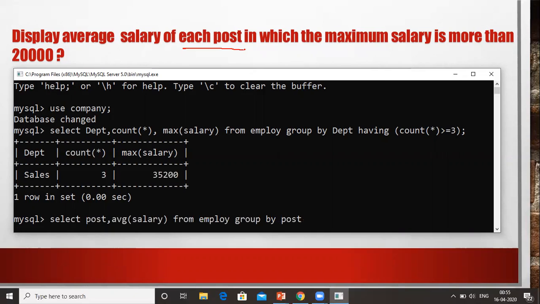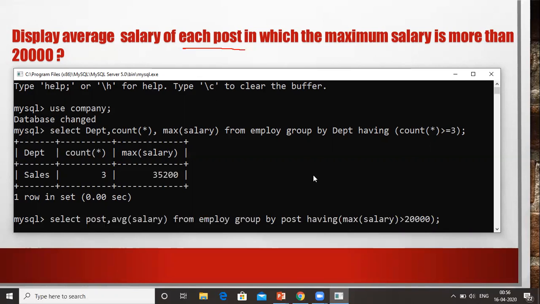Now after that there is one more condition given, that the maximum salary is more than 20,000. Obviously we have to allow only those groups in which the maximum salary is more than 20,000. So we will write the having clause over here, because we have to apply this condition on each and every group formed due to the group by post. So having max(salary) greater than 20,000.